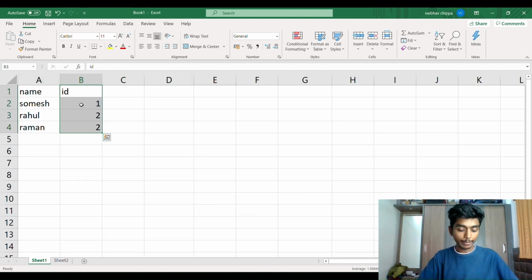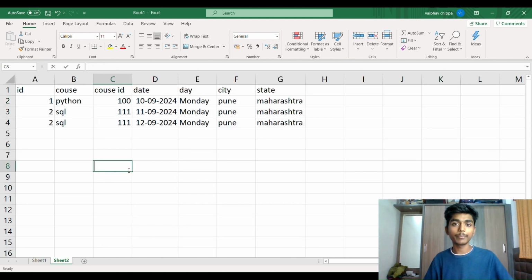This is how the DBMS works. That is the difference between the RDBMS and DBMS. Okay,